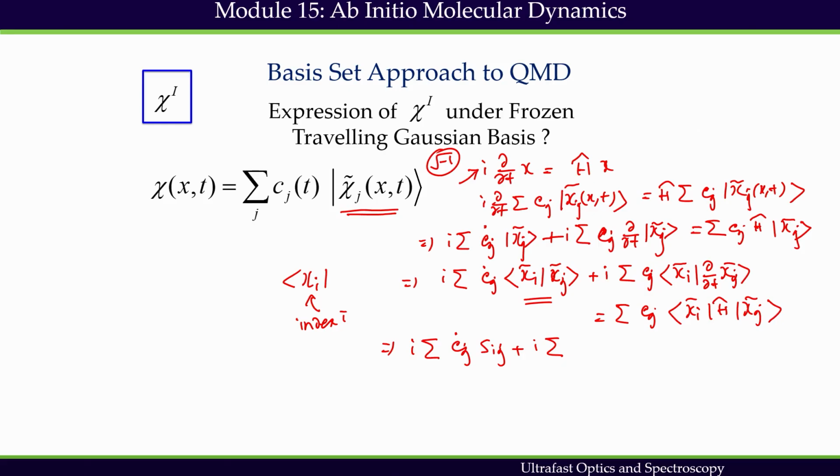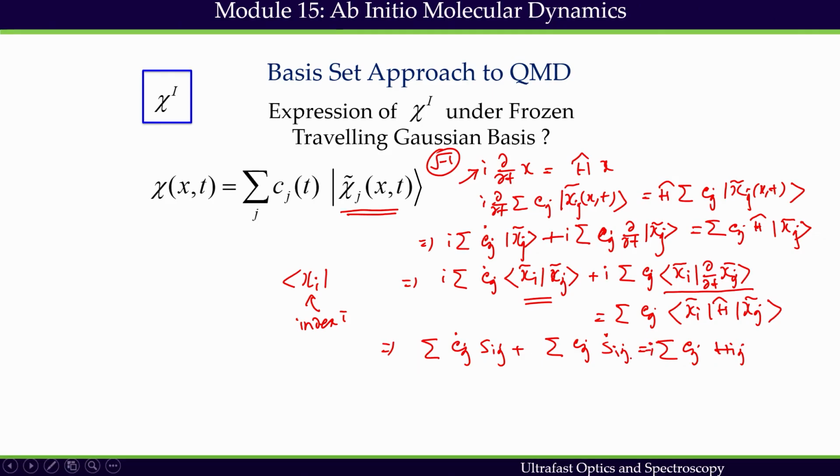So this can be written as cj, then Sij dot, which is the summation of cj, then this is called hij. Now I can take this I and place it on the right hand side by minus I,